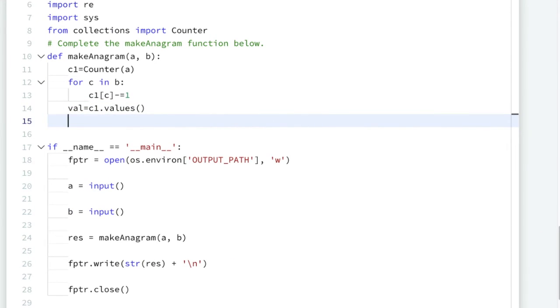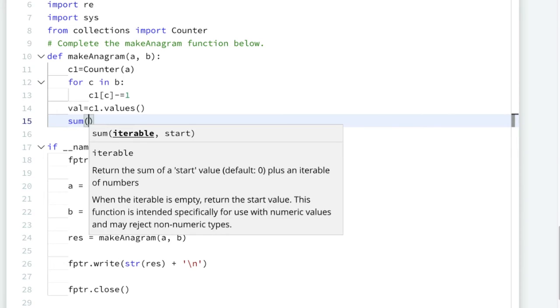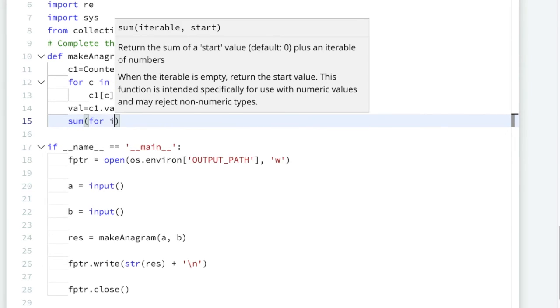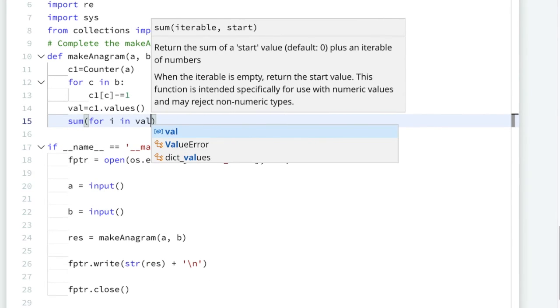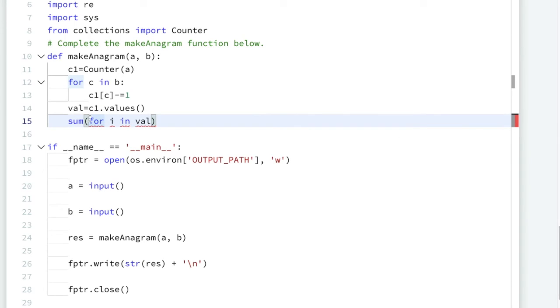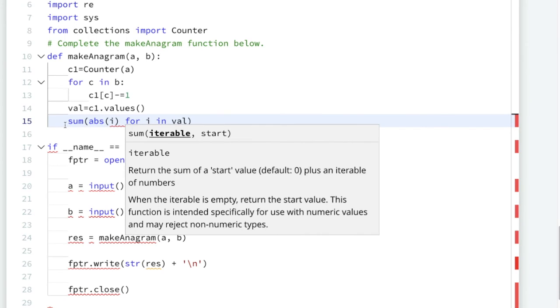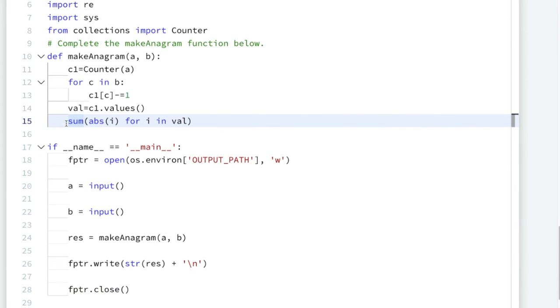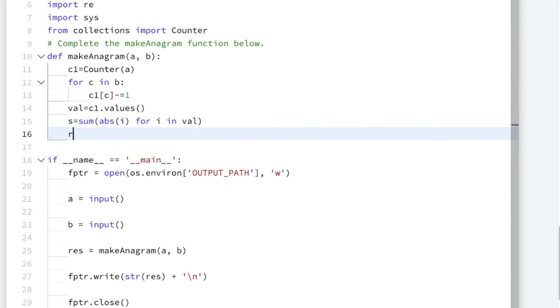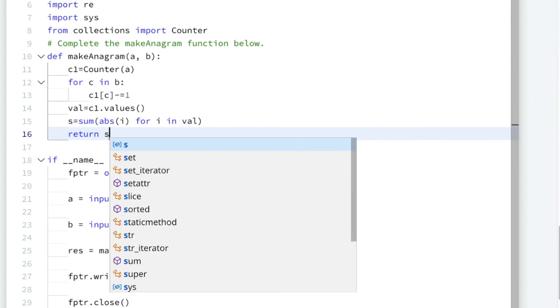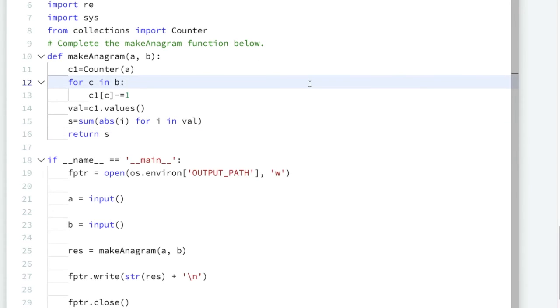Sum for I in val, I will simply take the absolute value for all the I and I will simply sum up. So this will give me the answer. I will save it in S suppose, and I will return this S. Return S. We are done.